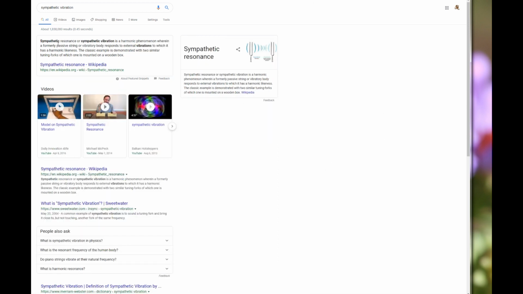And then the next one is sympathetic resonance, or sympathetic vibration. It's a harmonic phenomenon wherein a formerly passive string or vibratory body responds to external vibrations to which it has a harmonic likeness. So the tuning fork example is probably one of the most common. That is when you have a tuning fork that's, we'll say, tuned to middle C of a piano, tuned to that frequency. When you have one fork sitting there, maybe mounted on a table or whatever, and you hit one tuning fork and hold it by the other one without actually touching the tuning fork that isn't vibrating at that point in time, it will start resonating with that frequency, because things that are the same size, same resonant,